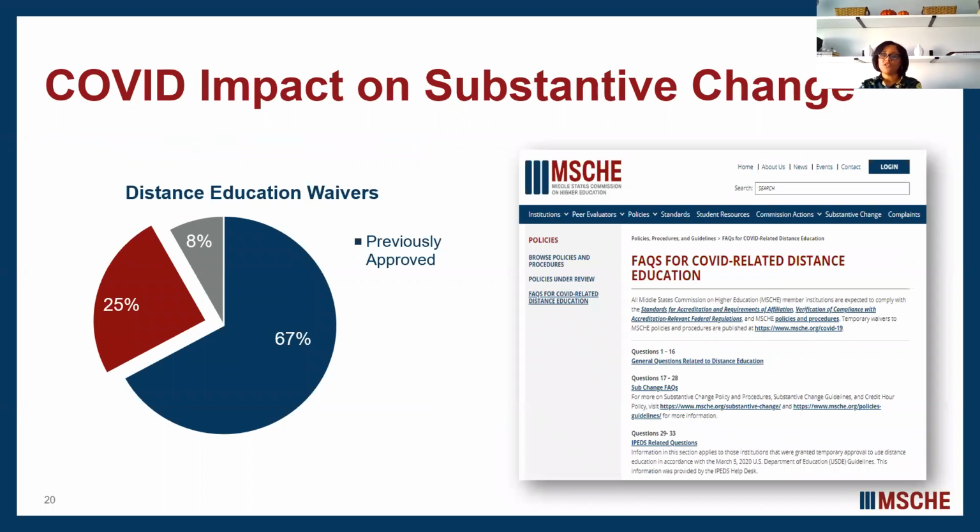Most of you had distance education within the scope of your accreditation when the pandemic began to impact your operations in March. In fact, 67% of our membership at the time had all of the distance education approvals that the commission required. In accordance with the United States Department of Education guidelines that were published on March 5th, the commission was able to waive its policy and grant temporary waivers to 173 institutions to deliver programs by distance education, which are in effect through December 31st,